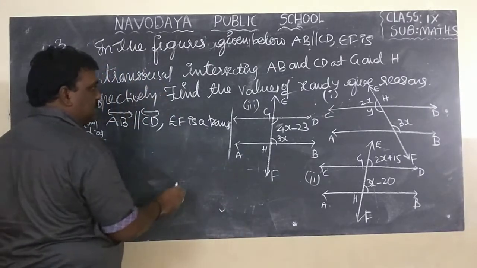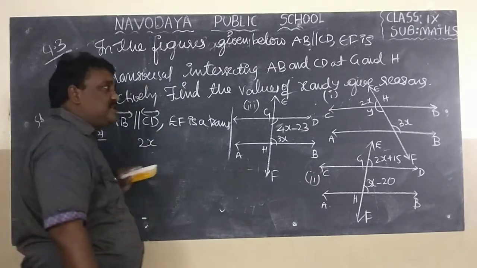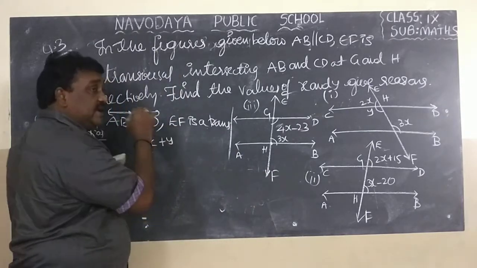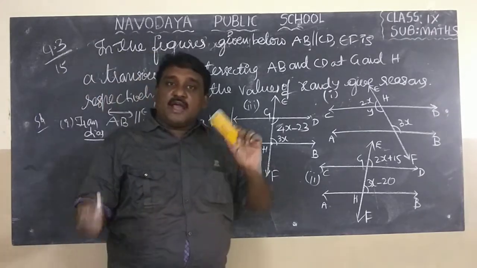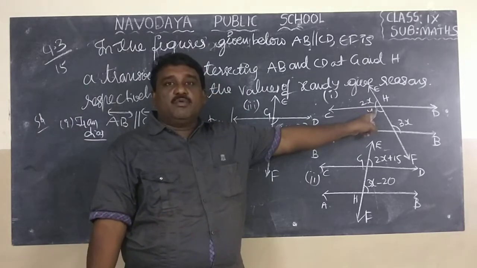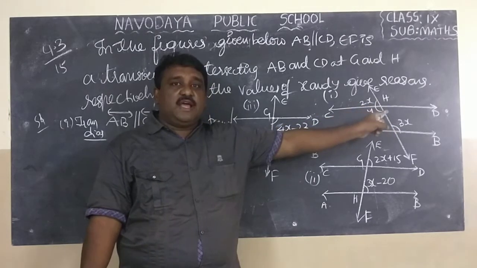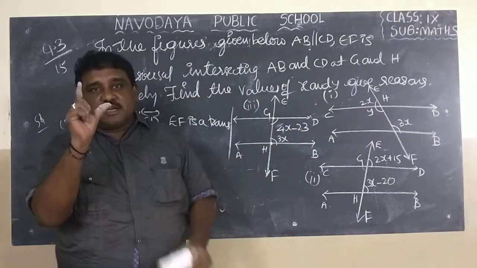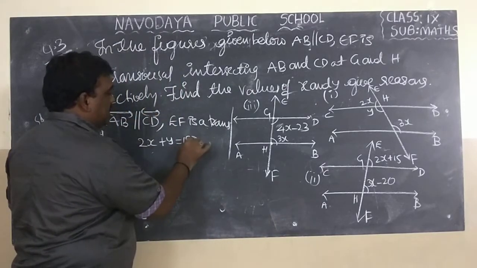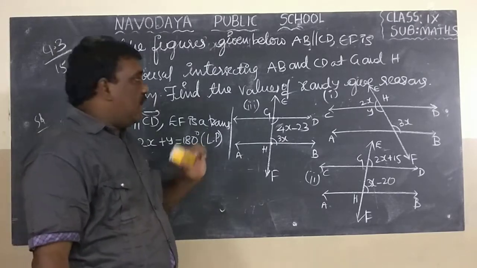See the top angles. What are the top angles? 2x, which is an exterior angle, plus y, which is an interior angle. They are adjacent, and together they form what type of shape? Protractor shape. They are adjacent angles and a protractor shape is there. You know the total is how much? 180. What is the reason? Linear pair.